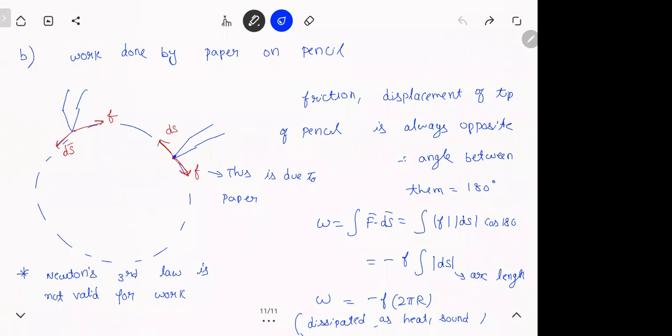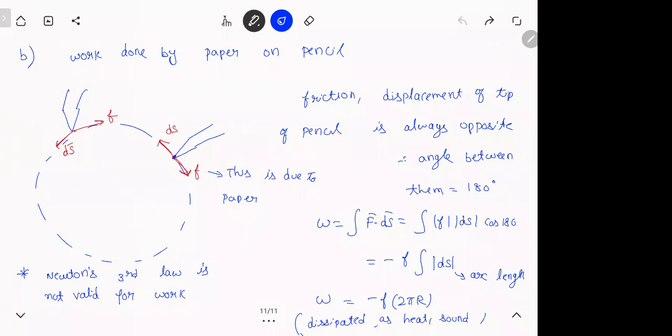Got this? Why all that? Just take your finger and rub it against the table. The table becomes hot, no? The finger becomes hot. So basically, whatever work you're doing is becoming heat energy. So that's how your energy is dissipated. The table is not giving you any energy. Makes sense? When you're rubbing the finger on the table, why will the table give energy to you? You are giving heat energy to the table, in reverse, actually. That's why work done by pencil on paper is there, but work done by paper on pencil is not there. Hope that makes sense. Put it down.